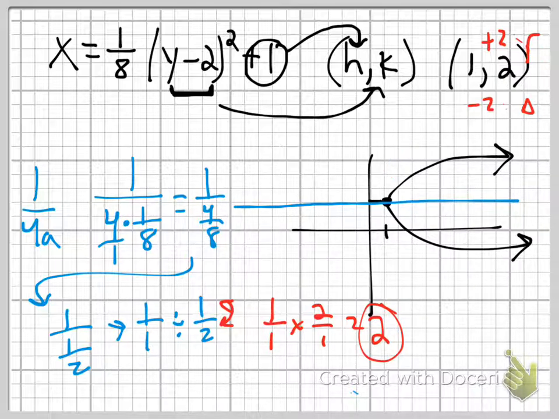So instead, let's try adding it to the x value. And so we get the point 3, 2. Well, now it's on the inside of the parabola and it's in line with the vertex. And so we're going to take that same knowledge and subtract 2 from that to get to the directrix. And if we do that, we get -1, and it's a vertical line. So our directrix is x equals -1,